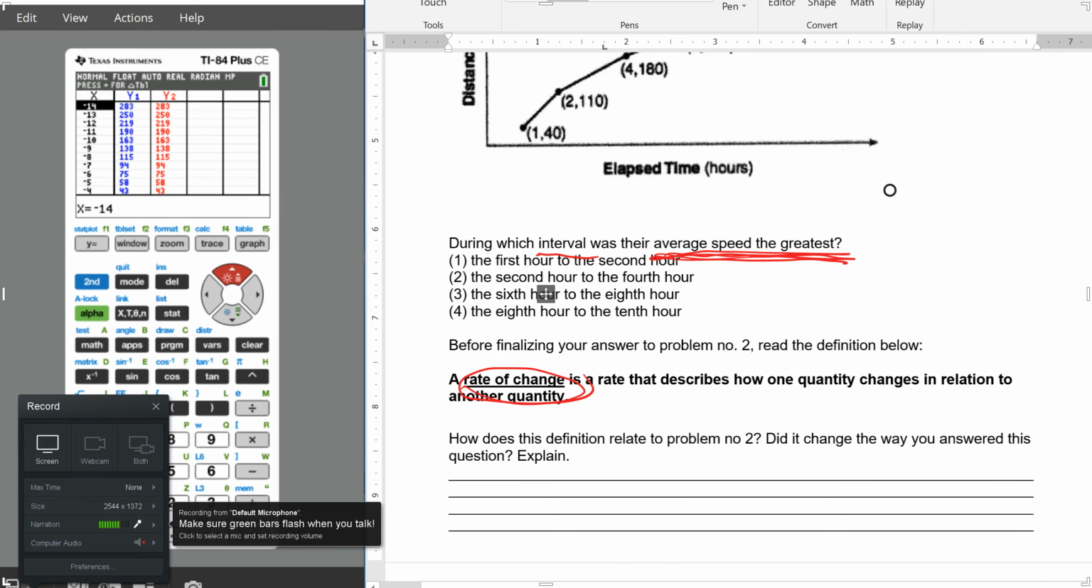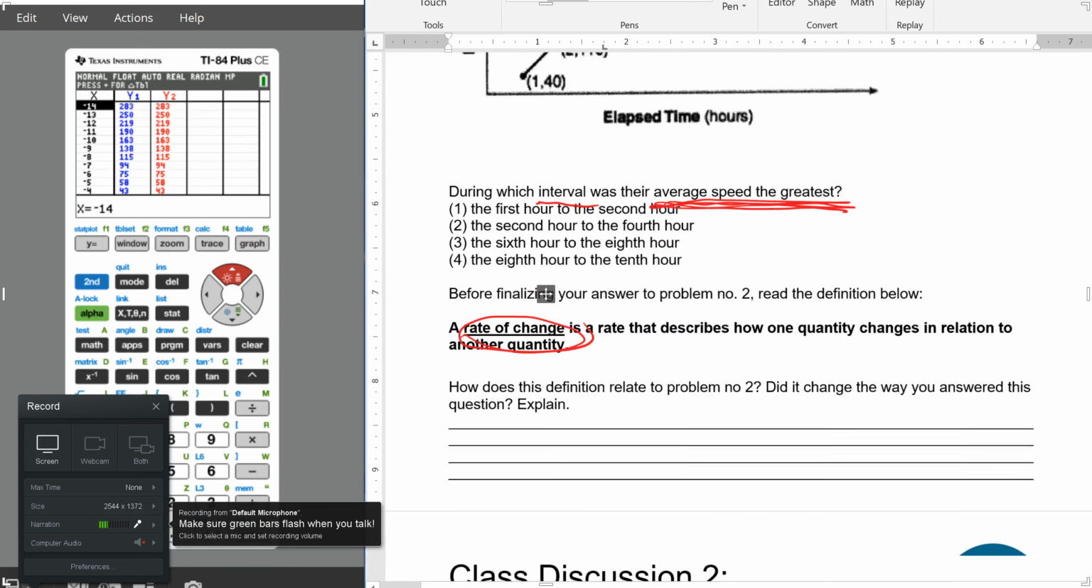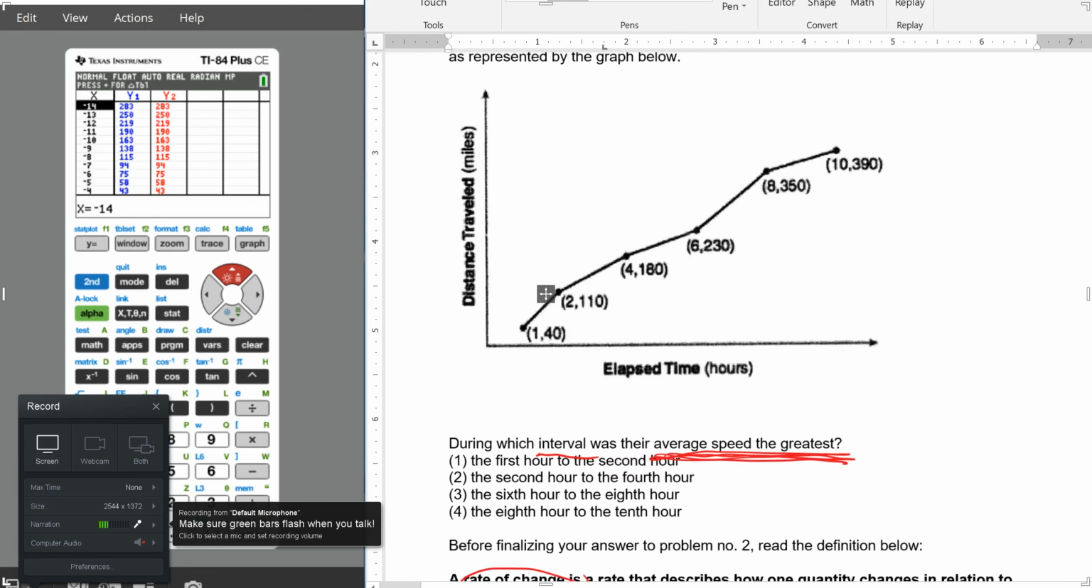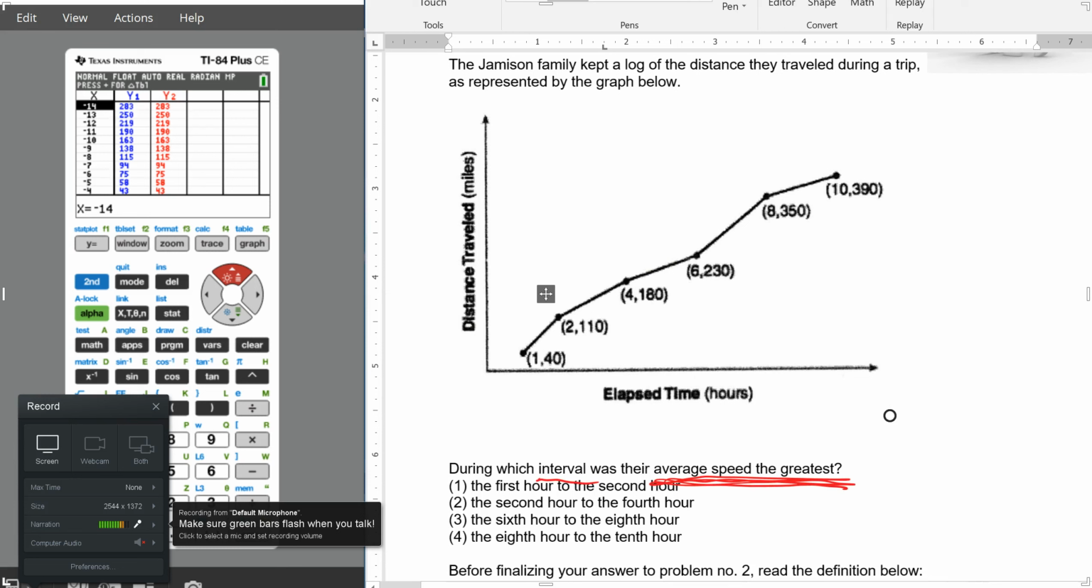Rate of change is a rate that describes how one quantity changes, like how much distance they cover, in relation to another quantity over a certain amount of time. Okay, so we'll get back to that definition, but for now, we're just going to take a look and see